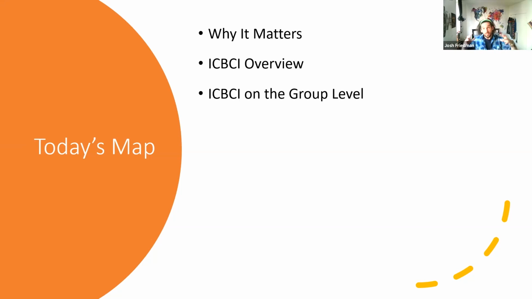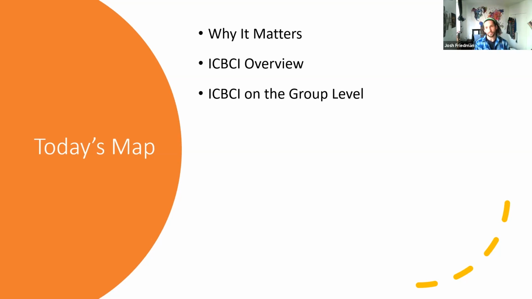So often we think, what does my class need? Long-term, big-term, abstract, and what does Johnny need, or what does Susie need? And we then go into particulars and individuals and things like this. ICBCI puts both of those conversations on the same game board and allows you to move very flexibly between them.